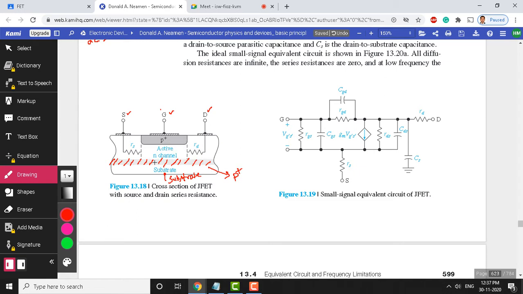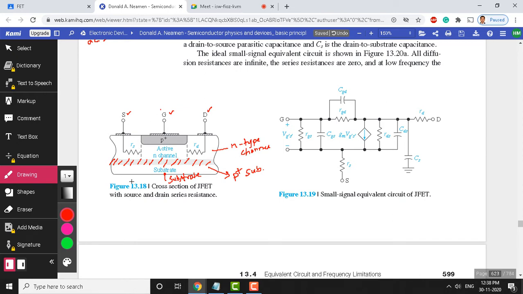You can see at the channel here we started with a P plus type substrate. On top of that you are seeing an active N channel, which is of N type, acting like a channel. And look at the other sides: the channel is of N type, the gate is of the P plus type, and here we have again P plus type, the source and drain regions. Like that you can make different regions to have a complete transistor.